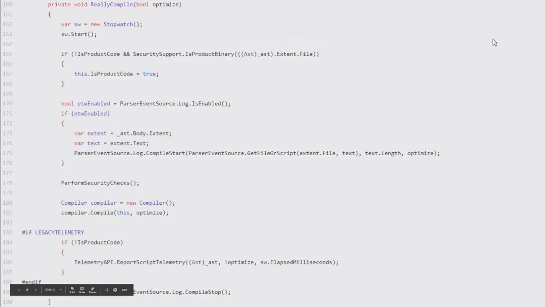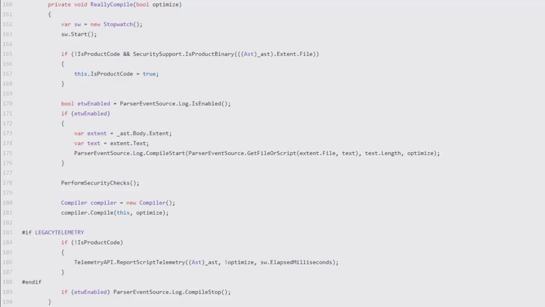Now we can take a look at the code in PowerShell that really compiles code and that actually calls these AMSI wrappers. So as we can see, whenever we want to run a command in PowerShell, we need to compile the text into something that can be executed.